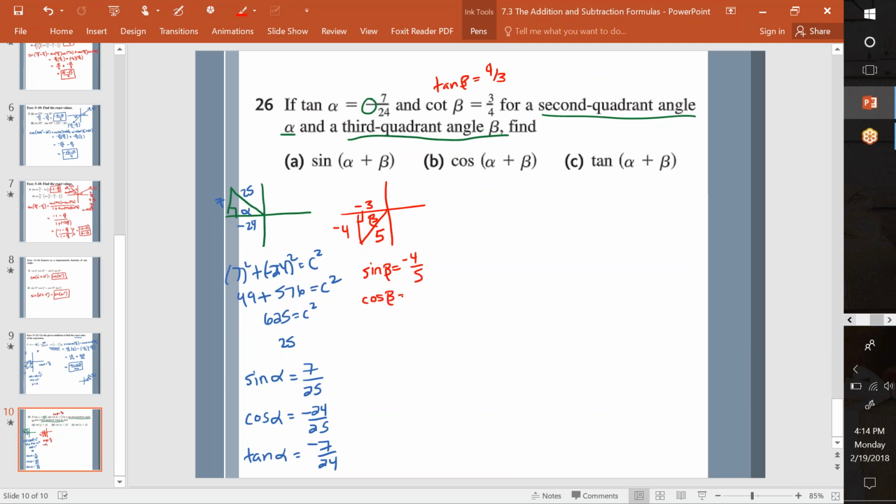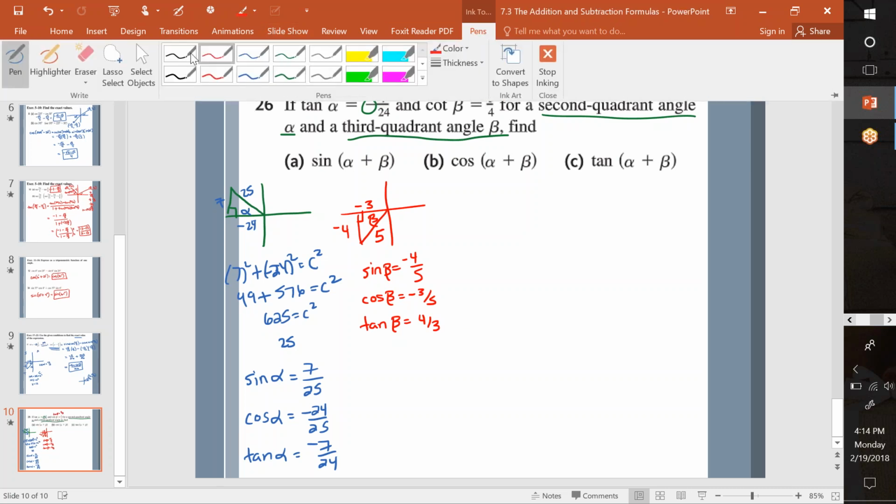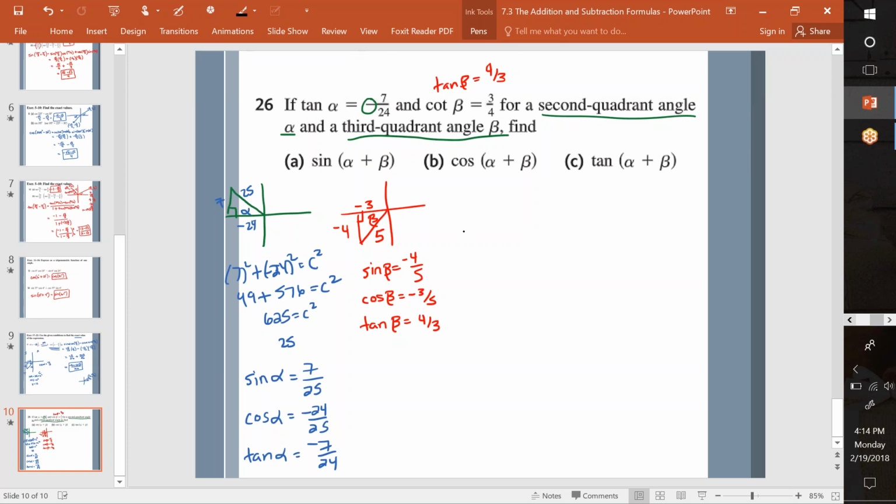Cosine of beta is adjacent over hypotenuse, which is negative 3/5. And tangent of beta, we already know, is 4/3. Okay, so we needed all of that so that we could quickly go through these formulas. So let's write out what each formula would look like, and then we're going to just plug and chug our